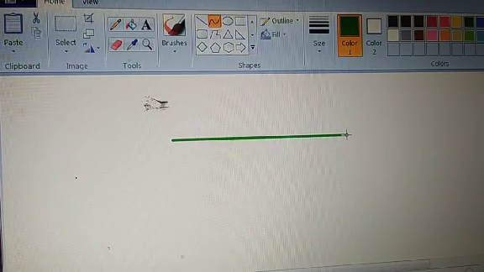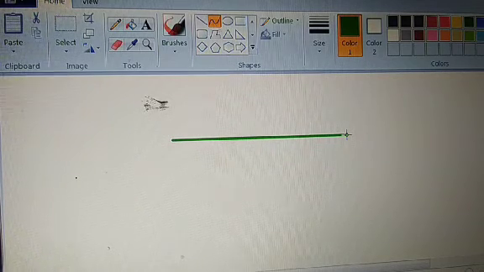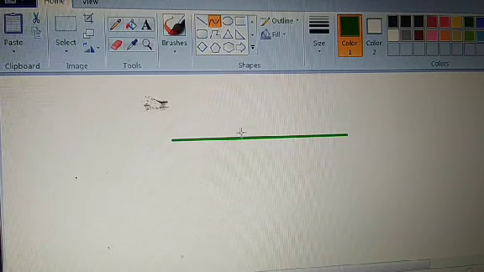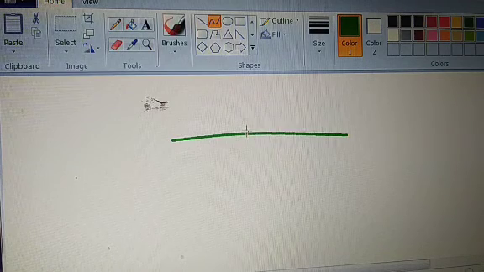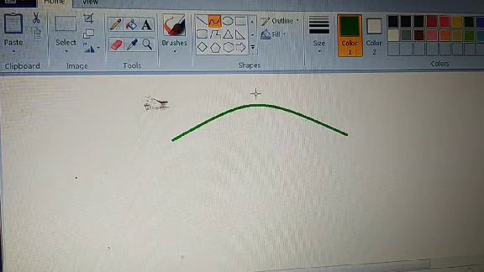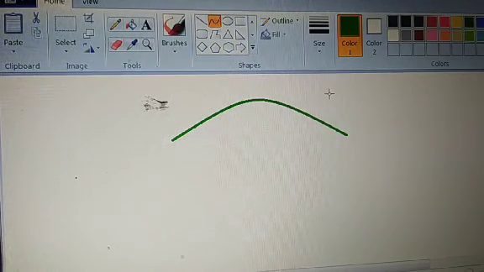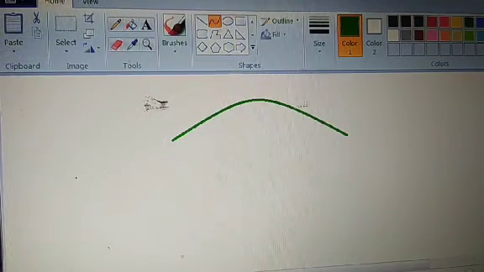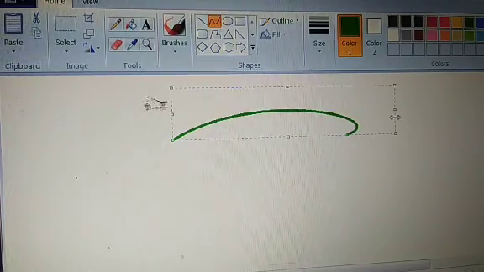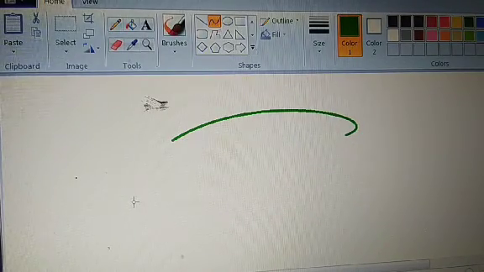With the curve line tool, first draw a straight line. When it is done, wherever you want a curve, drag that part up. So the line has been curved. Understood? This way we can make curves.